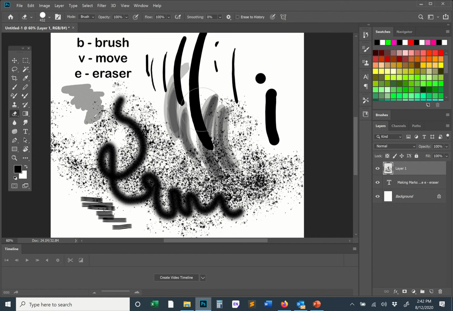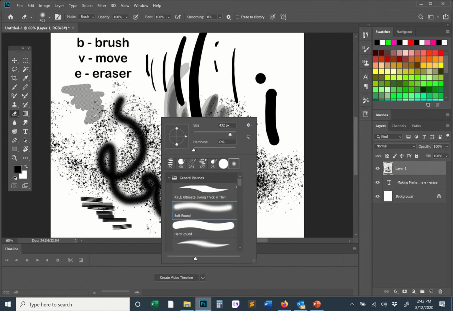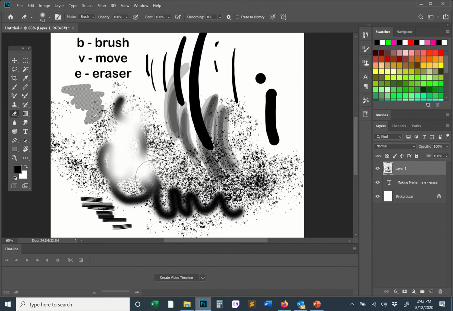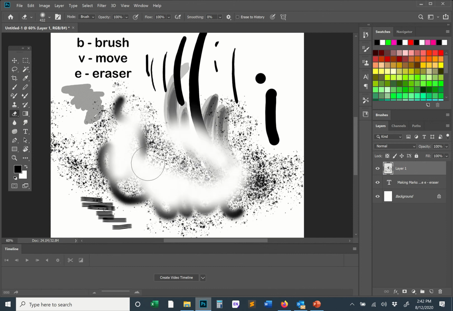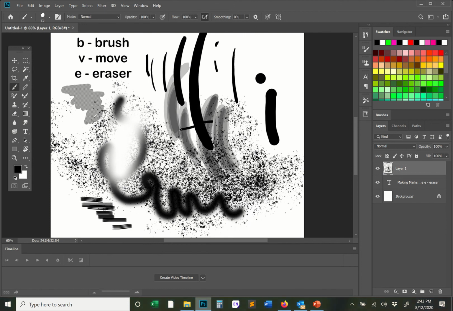And that'll pop you up with your eraser. Now make sure we're on the layer that you made your marks on. And what you need to understand right away is that the eraser tool itself is also a brush. Okay, so if you have the soft round eraser, it's going to erase with soft round edges. And sometimes you might want to use this, okay? Sometimes you might want to do this. Sometimes you might not want to do that. Sometimes you might want to erase with a real sharp,